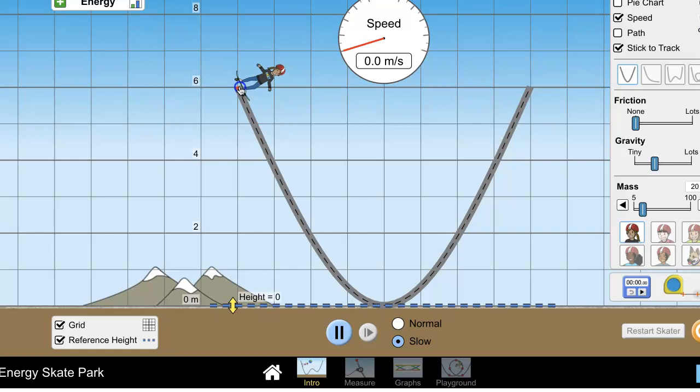Now, of course, this is gonna be very hard if you wanna keep it moving, but we can do the following. Okay, here this is 6 meters height, 0 speed. I'm gonna stop it. Okay, so that I will read at 5, the speed is 4.5. I can make it frame by frame, which is here. I will measure at 4 meters, it is 6.3. And then I can go to